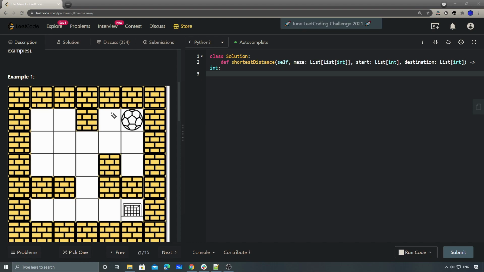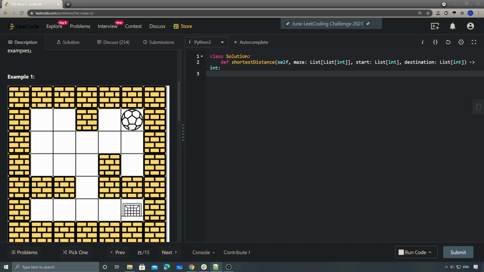So the nodes will be the other stopping points. For example, this is also a node. This is also a node. Here is also a node, right? And between those nodes, there's the weight on this edge, right? So the weight would simply be the distance in this case, and we're getting the minimum total distance between these two nodes,